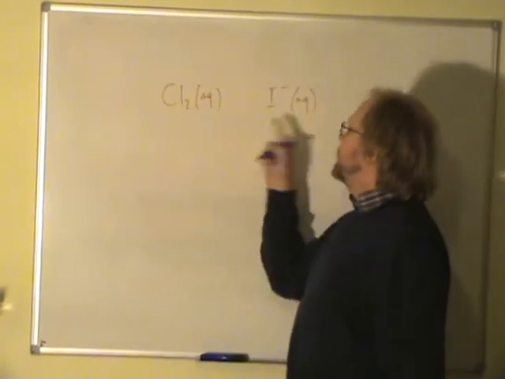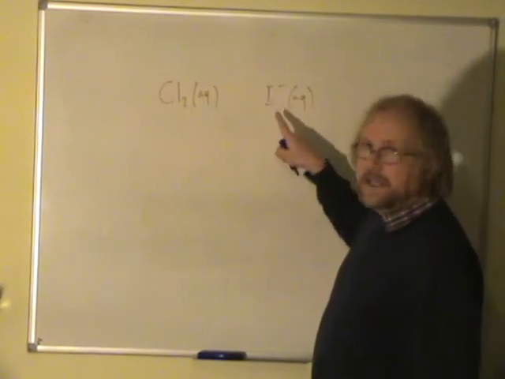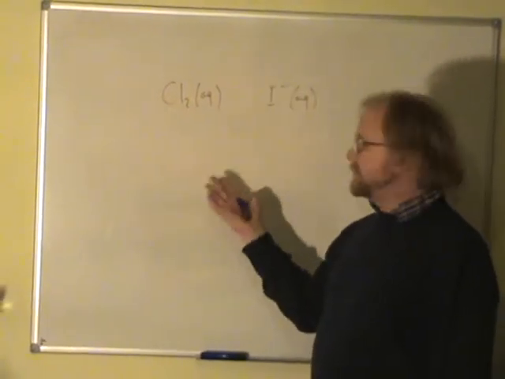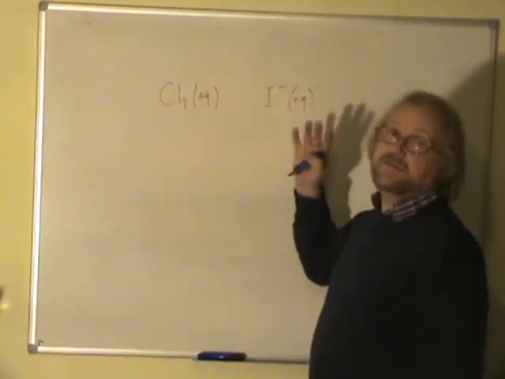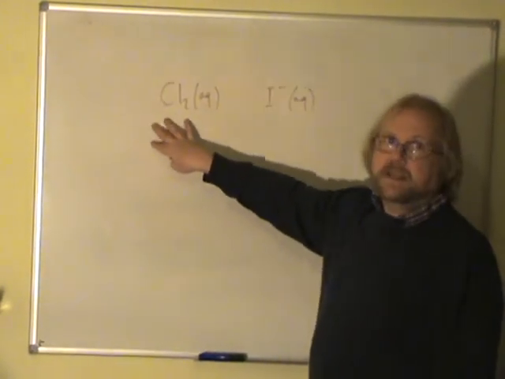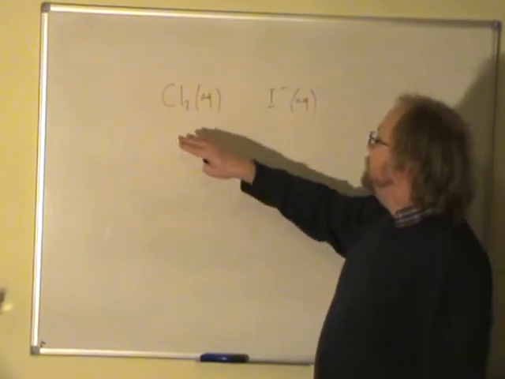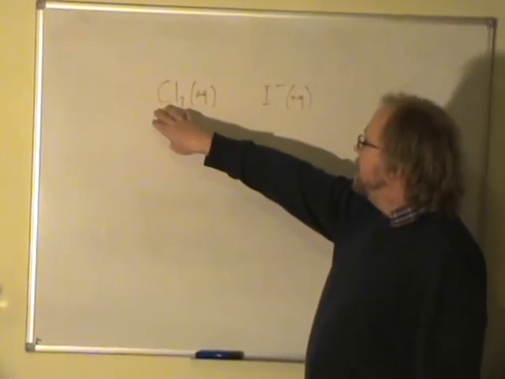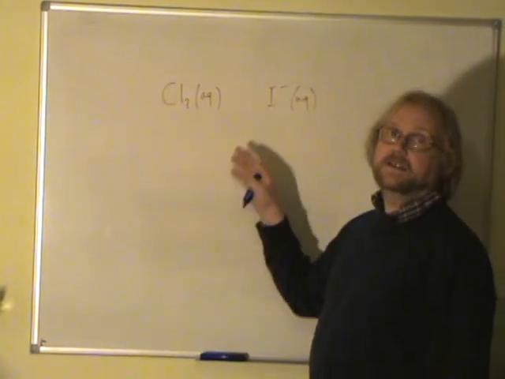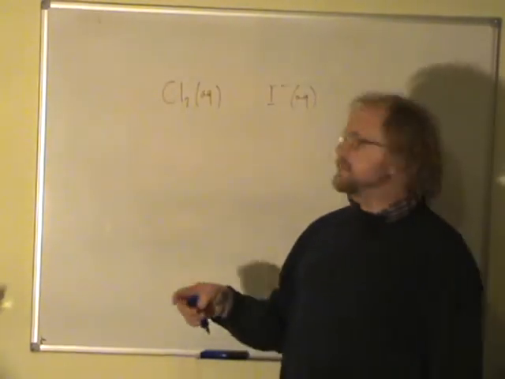So what we've got is two different halogens, chlorine and iodine, and the difference is that the iodine has already got extra electrons, which it got from somewhere. So it might be in the form of sodium iodide, and it got those electrons from sodium. Chlorine, on the other hand, has not yet managed to get any extra electrons. And the question is, when they meet, will the chlorine be able to grab those electrons away from the I-? Well, the answer to that is yes, because what you have to remember is that as you go down